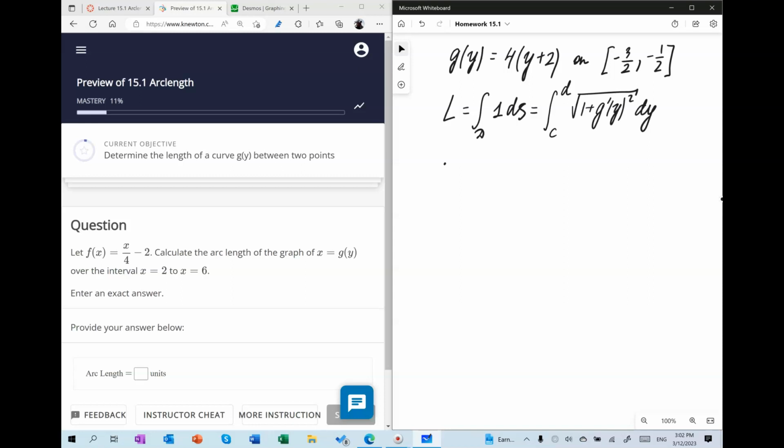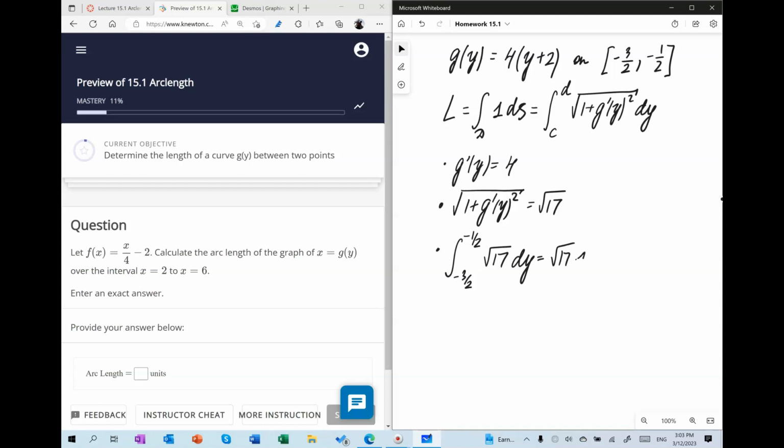Now we would do this problem by finding the derivative of g, which will be 4, and then we would find this, which will be the square root of 17, and then we would do the integral. It's going to be the integral from -3/2 to -1/2 of square root of 17 dy,